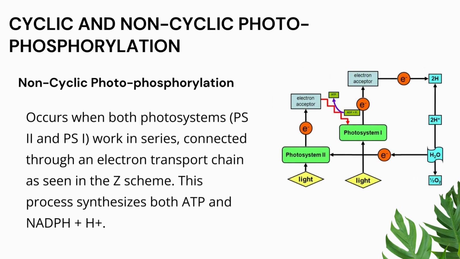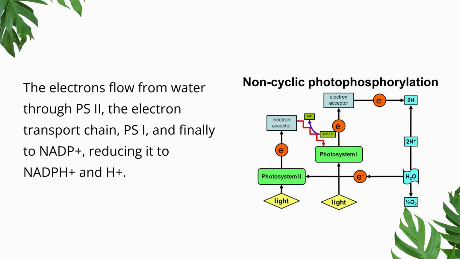Cyclic and non-cyclic photophosphorylation. Non-cyclic photophosphorylation occurs when both photosystems, PS2 and PS1, work in series connected through an electron transport chain as seen in the Z scheme. This process synthesizes both ATP and NADPH, H+. The electrons flow from water through PS2, the electron transport chain, PS1, and finally to NADP+, reducing it to NADPH